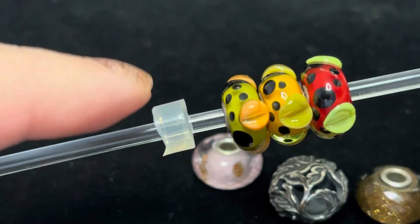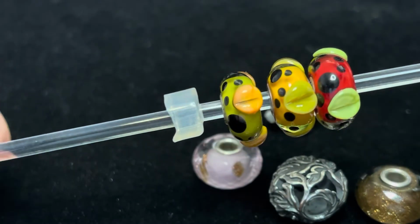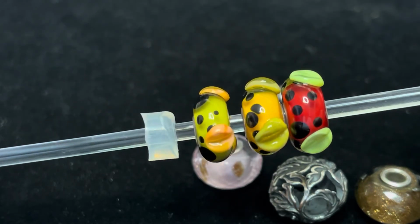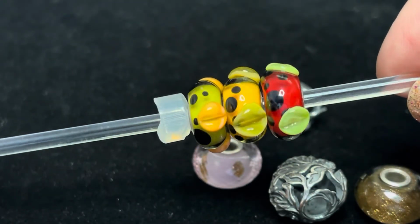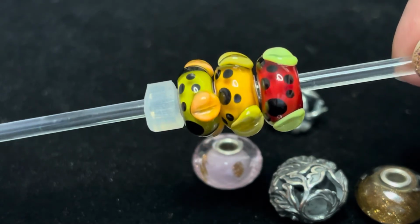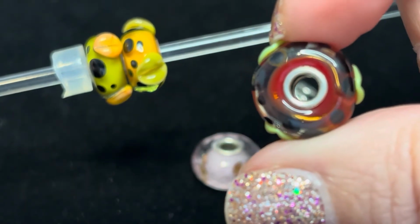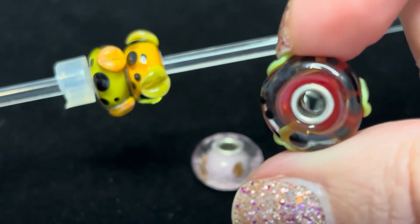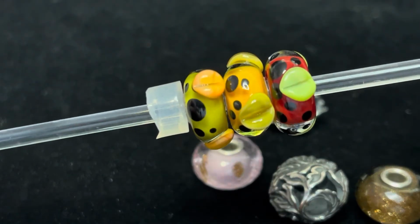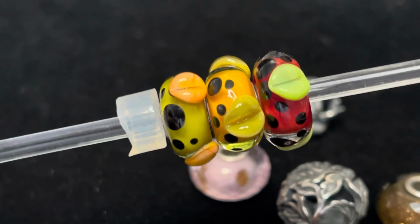As you can see, the green pod does have more of an orange leaf over top. The orange pod and the red pod both have these green leaves over top, and then all of them share these black spots or black freckles. They are rather, I don't want to say triangular, but the added leaf detail does almost give it a triangular shape on the side. But yeah, I just saw that one particular bracelet and it definitely renewed my interest in